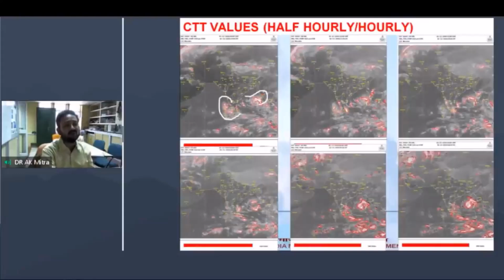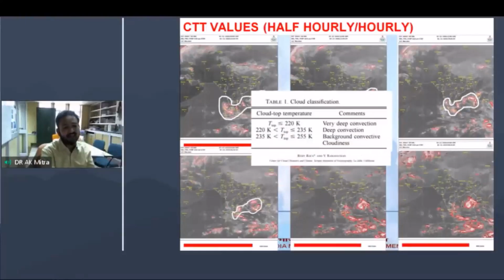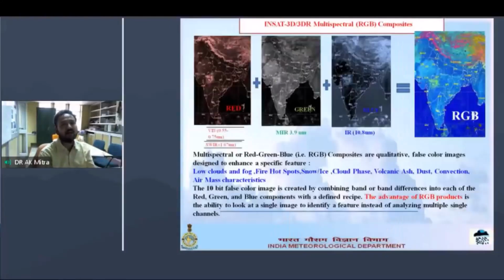Similarly, these are the cloud top values. This is the CTT, how it will look, right from the entire area up to the northern limit of monsoon, and then how CTT will be defined. Like if the cloud top is 220K and less, then it is very deep convective cloud; 220 to 235 is deep convective. So this is the way we are treating the particular cloud pixel with its temperature, and we are analyzing it with our weather